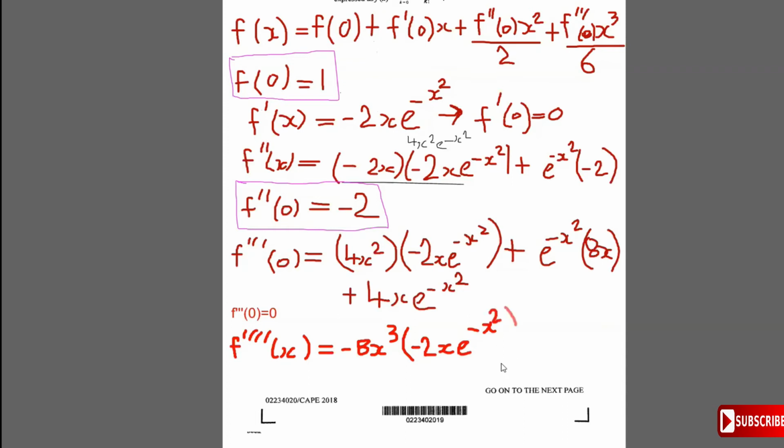You get minus 2x e to the minus x squared plus you keep the second, which is e to the minus x squared times the derivative of the first. The derivative of the first is going to be minus, carry down the power. 8 times 3 is minus 24x squared. You get minus 24x squared e to the minus x squared